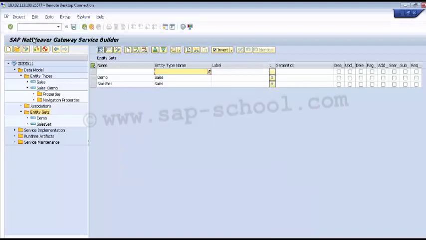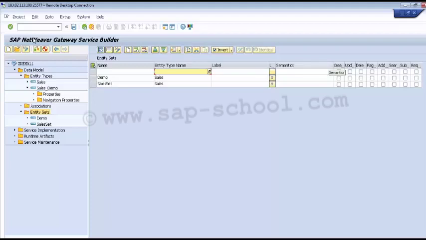Then we have the label column. In the label column we can enter a label for the new entity set. We can either enter a free text label directly, or we can use the label text reference editor to enter the reference type. This reference can be a program, a data element, or a class. The reference type we select will influence which of the other inputs we will see, that is, whether we will see the object name, the key, label, etc. Then we can define the other optional attributes for my entity sets.